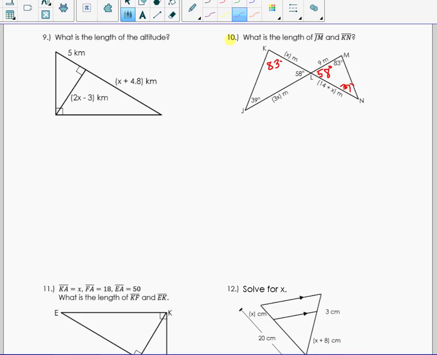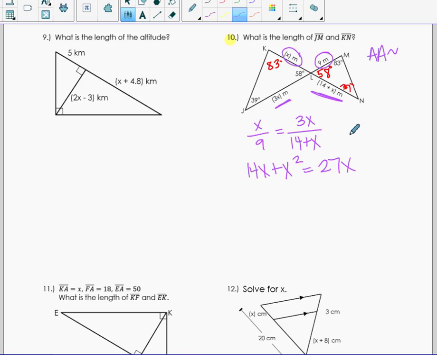Okay, so mark your picture. Across from 39 is X, across from 39 is 9, and then across from 83 is 3X, across from 83 is 14 plus X. So these are similar by angle similarity. So now I know that the sides are proportional, which is why we set up a proportion. Okay, so we have X over 9, I'm doing circle over circle, equals 3X over 14 plus X. Okay, so you end up with 14X plus X squared equals